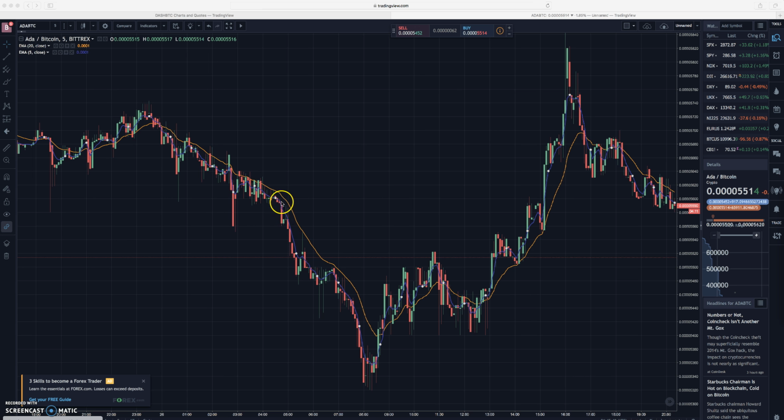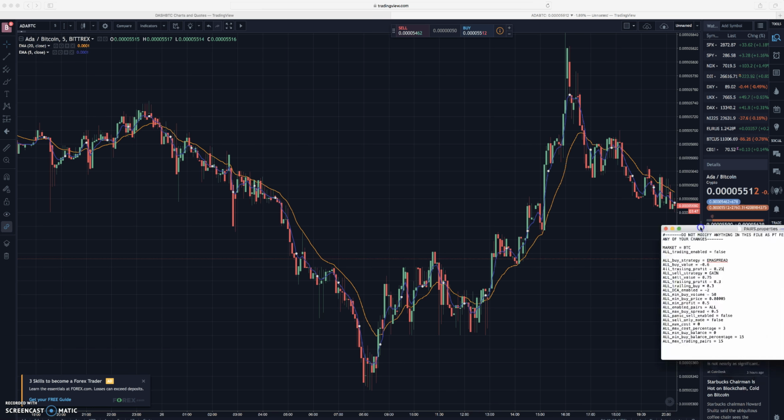So this is going much faster. It's more tracking each individual candle, and you're getting an idea of exactly what's happening instantaneously. Basically, the yellow is a 20 EMA and the blue is a 5 EMA. And the reason for choosing those